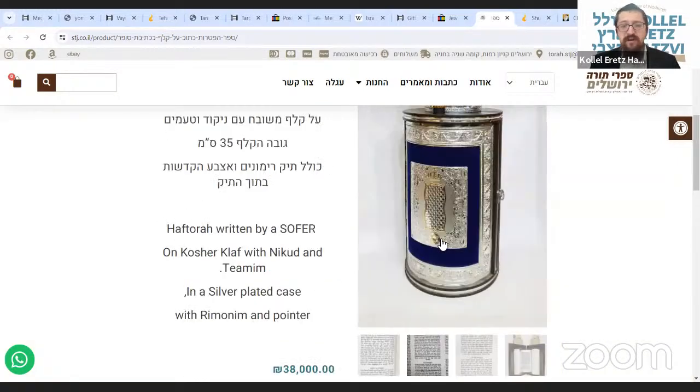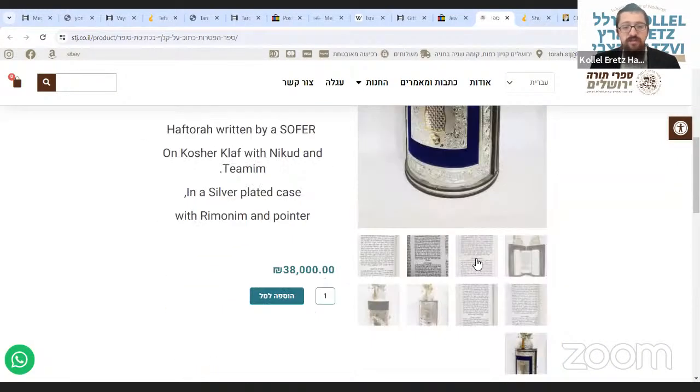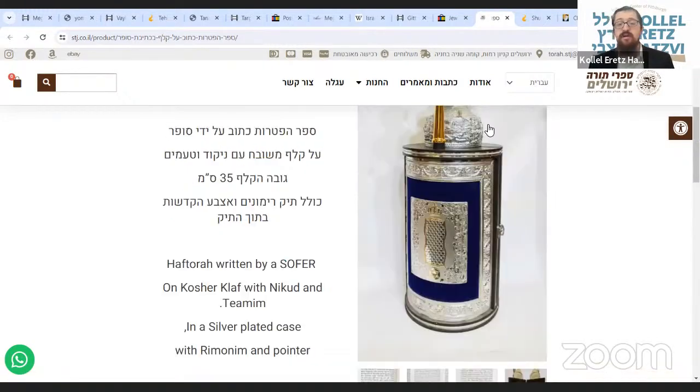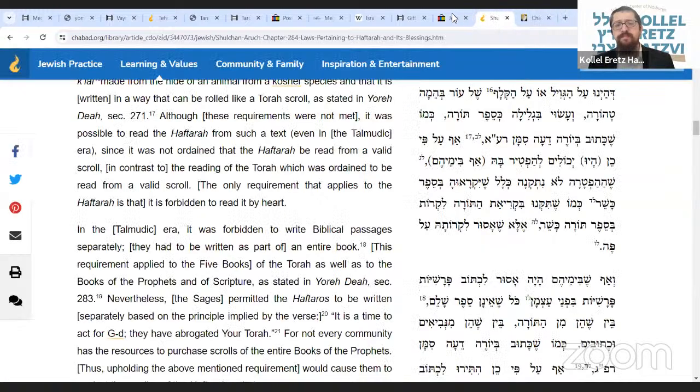Here's another Sefer Haftarahs, 38,000 shekel. Not sure how much that is today, but that's still probably about $10,000. So it's not cheap, but